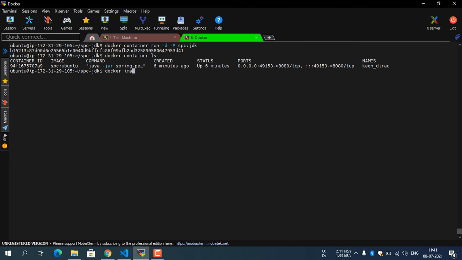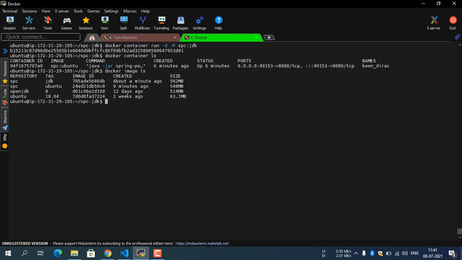Docker image ls. So docker container run -d -p. Container ls.